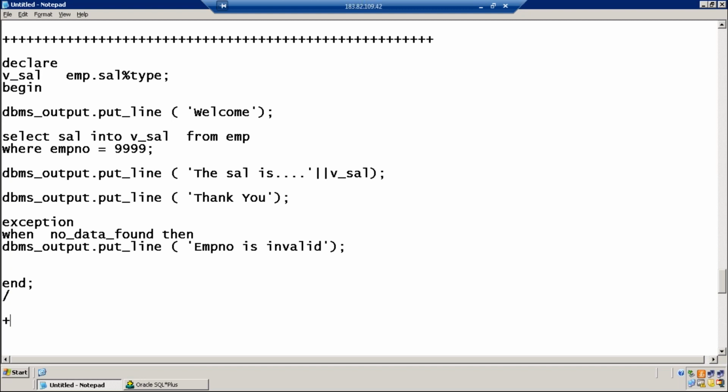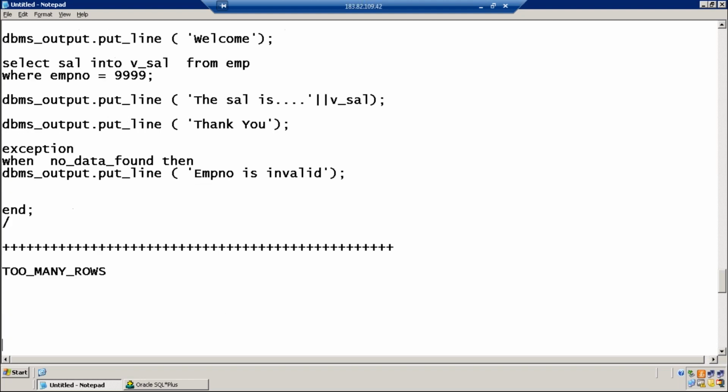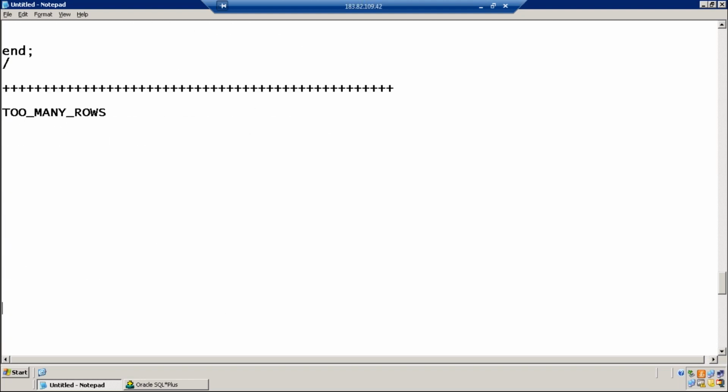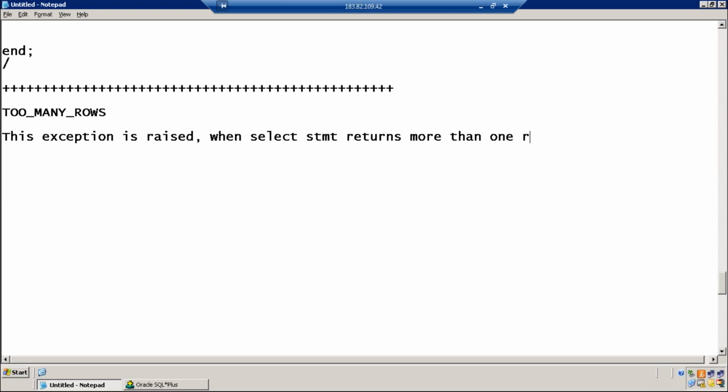You need to use the words select statement: when a select statement returns more than one row.